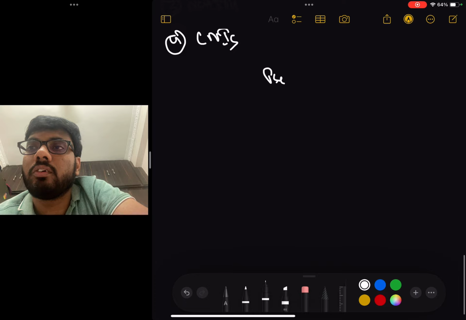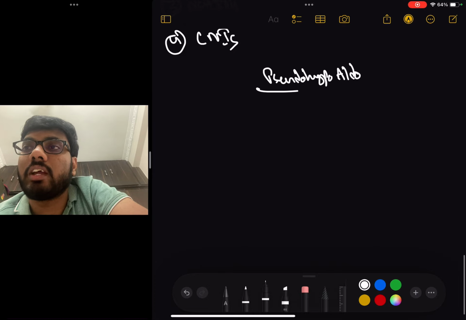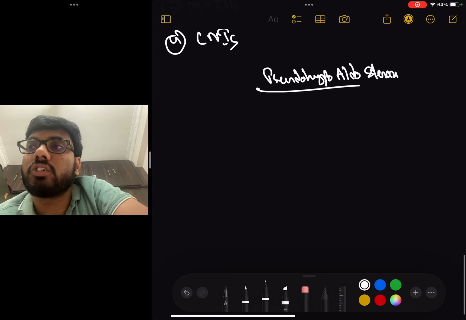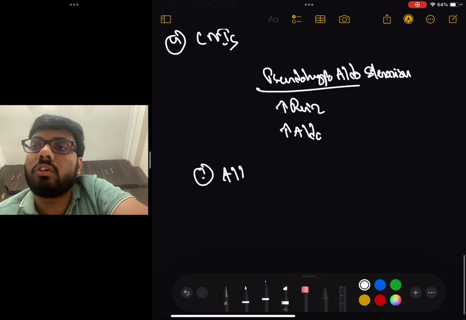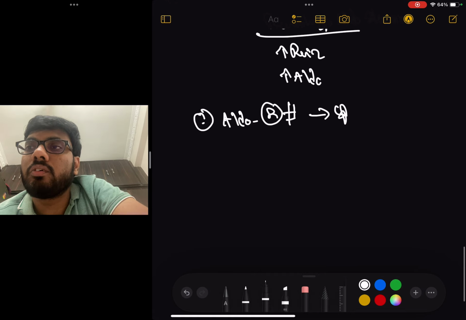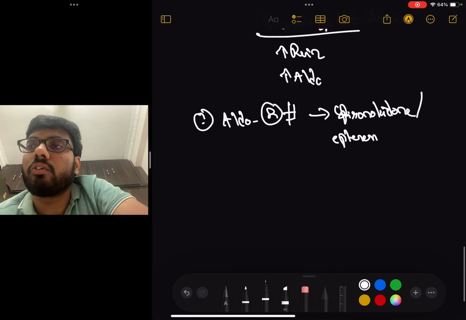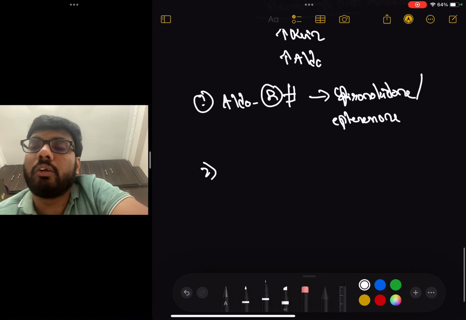So right here, pseudo-hypoaldosteronism. That means the patient is having a manifestation of hypoaldosteronism but will have elevated renin and elevated aldo. It could be due to aldosterone receptor blockers, that is spironolactone, eplerenone. It could also be due to ENaC